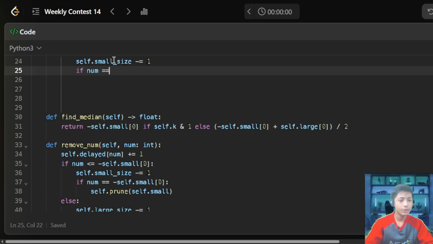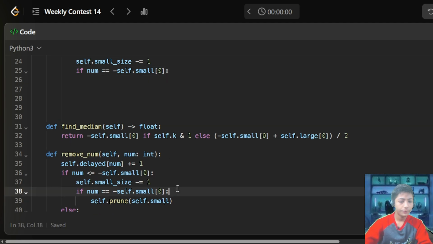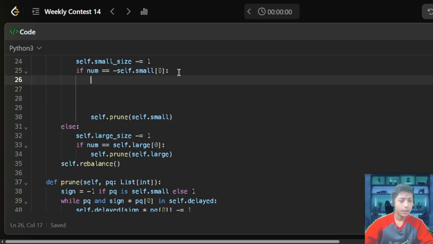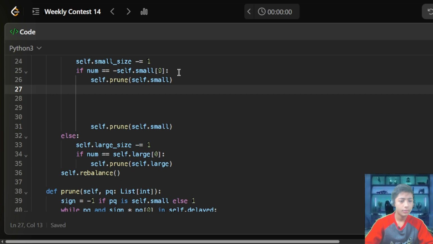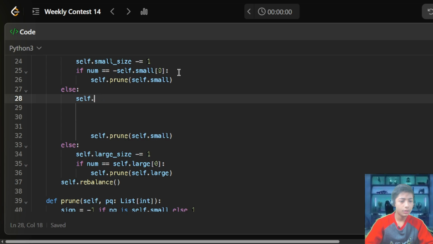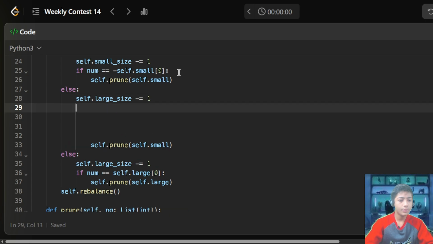if num == self.small[0] then enter, self.prune(self.small), enter back. else: self.large_size -= 1.